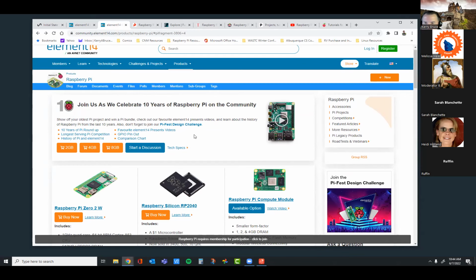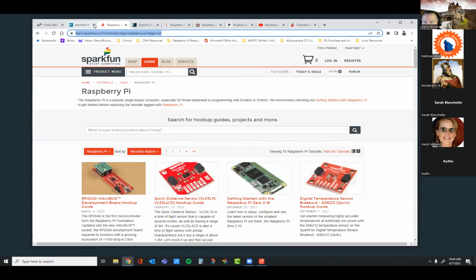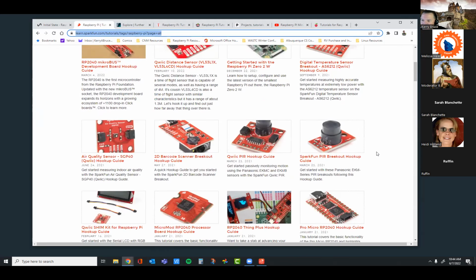So there's lots of really cool stuff going on there as well. So Element 14, again, all of these are stored on our web document page. And the idea of this is I want you to see that there's really no lack of potential projects, right? There's always something you can find that you could implement in the classroom.